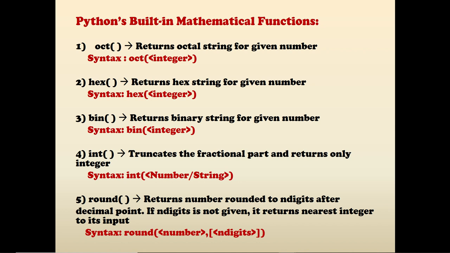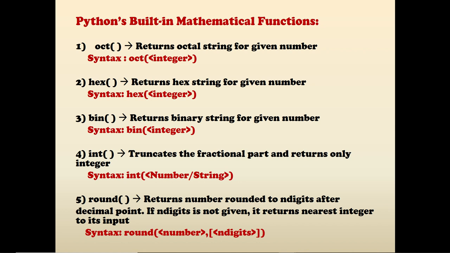When you pass the number as an argument to that function, it will convert the number into its octal equivalent, but the octal equivalent is not a number. You will get it as a string only. For example, if you have the number 10, the octal equivalent is 12, and it will be given to you as a string only. You will not get it as an octal number. That is what you need to understand when you use these functions.